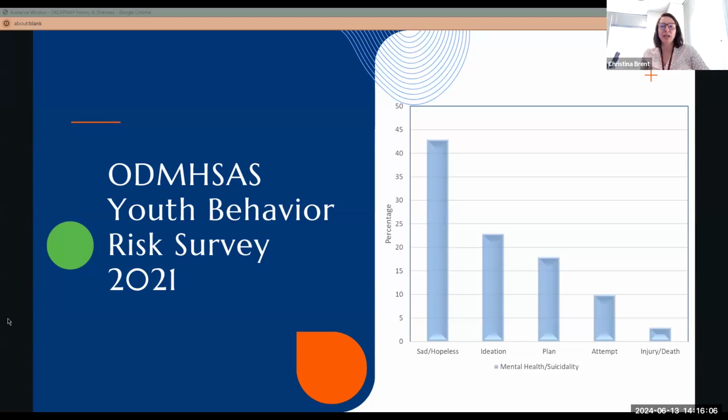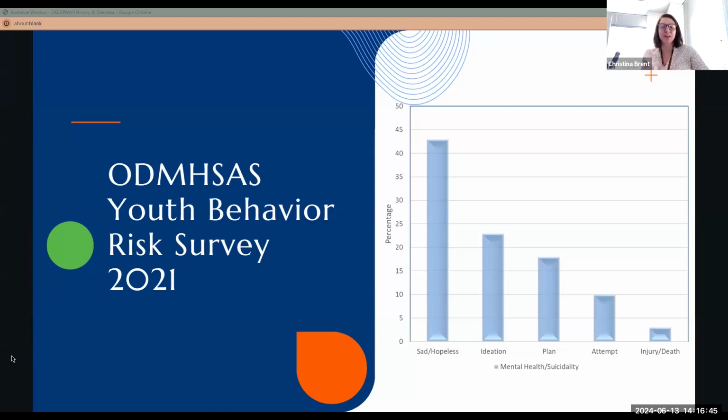And the Oklahoma Youth Risk Behavior Survey is a randomized statewide survey. The data is representative of public school students, grades 9 through 12 in the state of Oklahoma. 50 schools from around the state are randomly selected to participate in the survey, and statewide surveys are administered using the established CDC protocol and in partnership with the CDC in the spring of odd-numbered years. I know that's a lot of context. Since this is something unique to our state, I just wanted to share some of that. So what we did with this 2021 information was pull out those significant factors related to mental health,